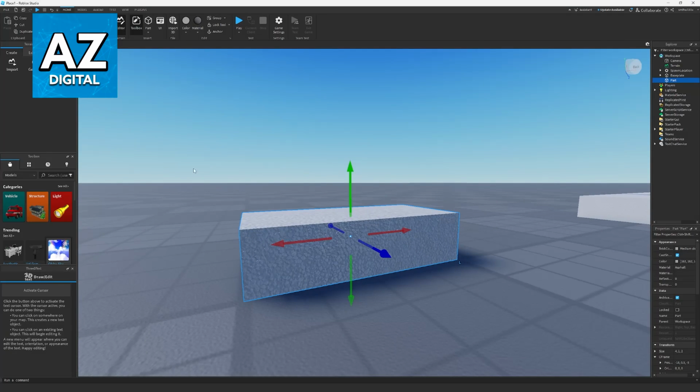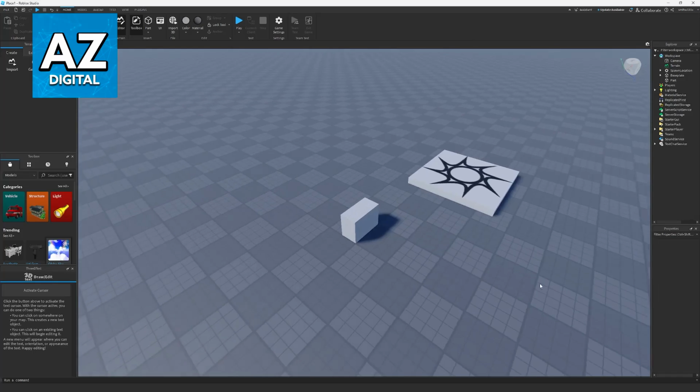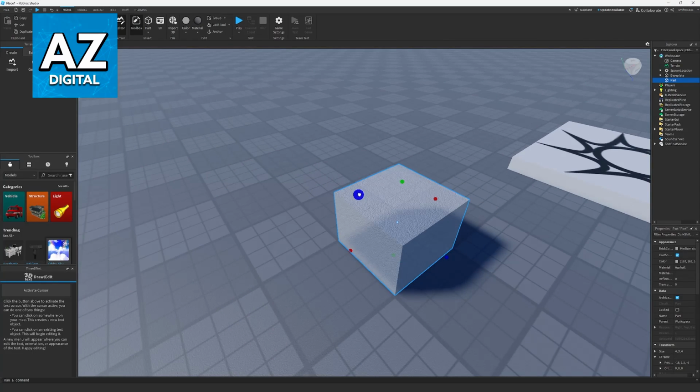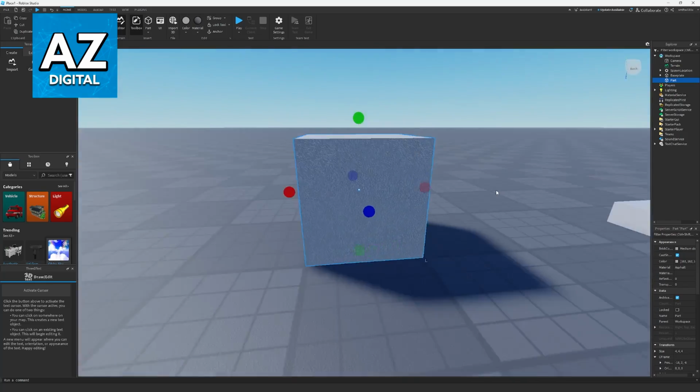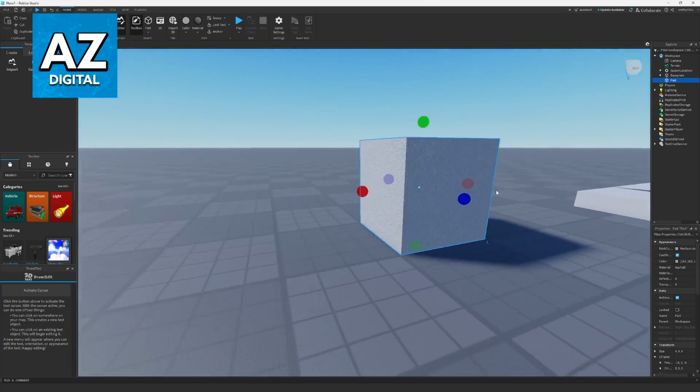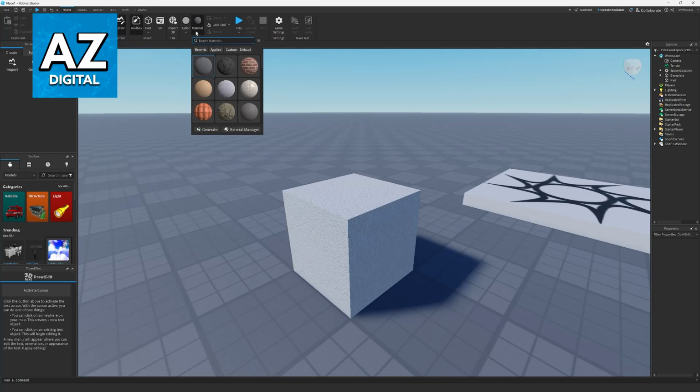So as you can see, this cube or this part that I added has a custom material applied, and you will be able to manage this, add custom ones, and browse through all of the available default options. So if you would like to use any of the default materials, you will find the option here. So under Home, you will see Material. Just click on this arrow, you will see all of them.